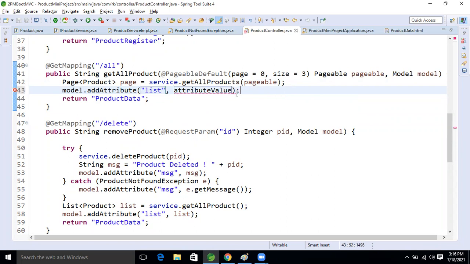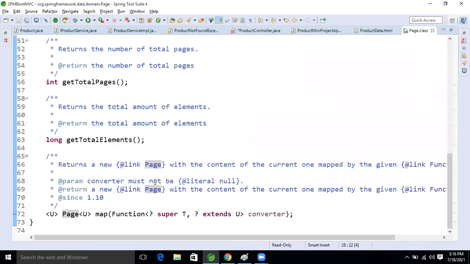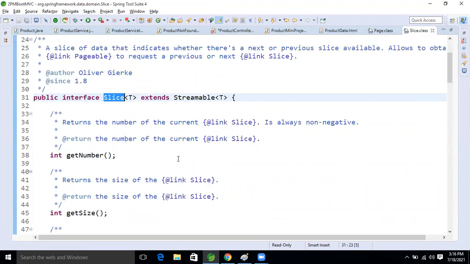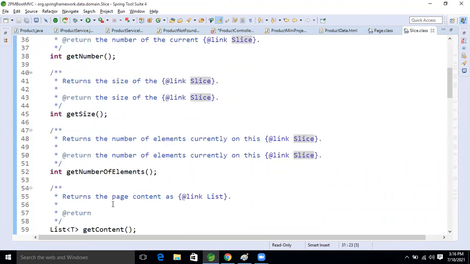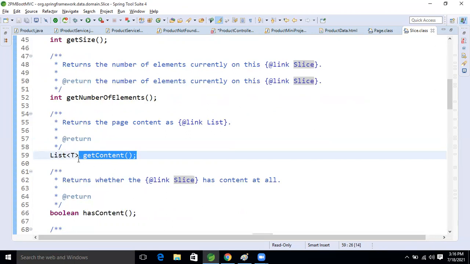Page. Here page, but if we return the page directly, then our page will not return a list, right? Inside that, one method is there in the page. One minute, I will show that, guys. Open the Page declaration. Get content, very good. So what method is there in the Slice? Get content method. What will this method return now? List of what?